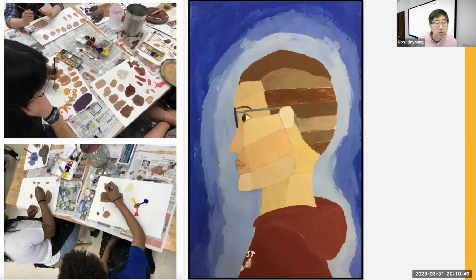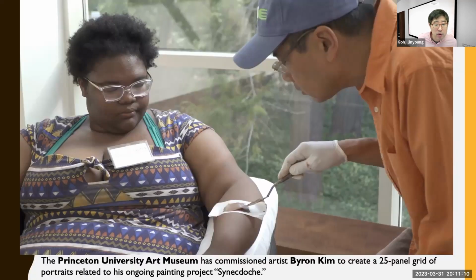And also in classroom settings, kids can test diverse skin colors to understand we don't have a specific color on skin. We have very different shades and a diverse spectrum of colorful aspects on our skin, and we don't separate each other. Here's Byron Kim's